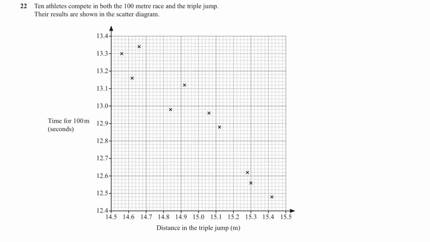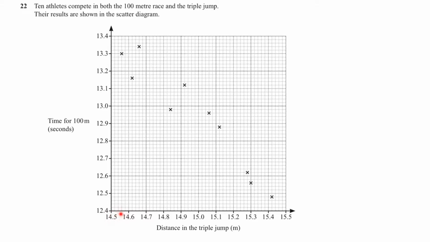Question number 22. 10 athletes compete in both the 100-meter race and the triple jump. Their results are shown in the scatter diagram. Before we start reading the question, let's understand the diagram. We'll start with the x-axis. We have 14.5 here and 14.6, and there are 5 lines in between. So each line will be 2. So this is 14.52,